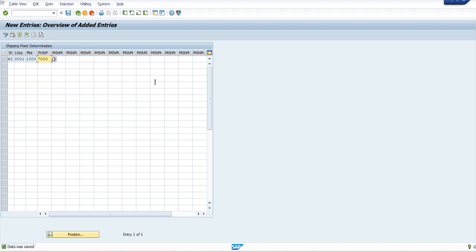Okay, let me go back here. The same space here. So you can see a number of options. You can see manual shipping point, manual shipping point, manual shipping point. These are all the manual shipping points. Okay, this will come as a default, and all other things, whatever you assign over here, everything will be a